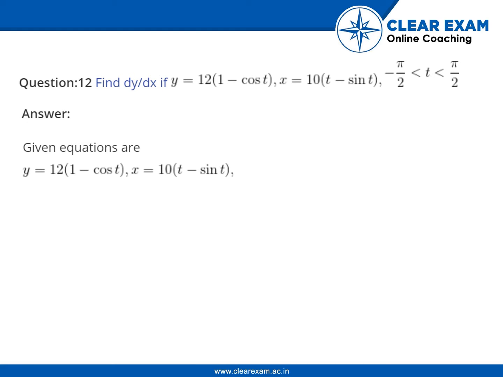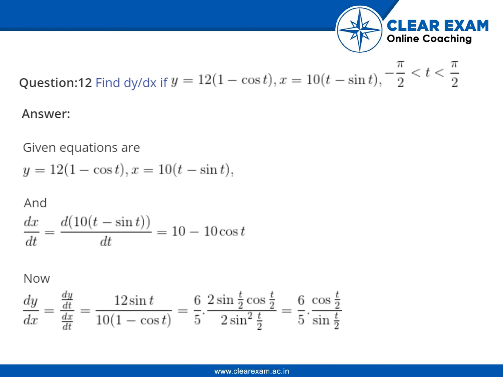and dx by dt is equal to d of 10 into (t minus sin t) upon dt, which is equal to 10 minus 10 cos t. Now dy by dx is equal to dy by dt upon dx by dt, which is equal to 12 sin t